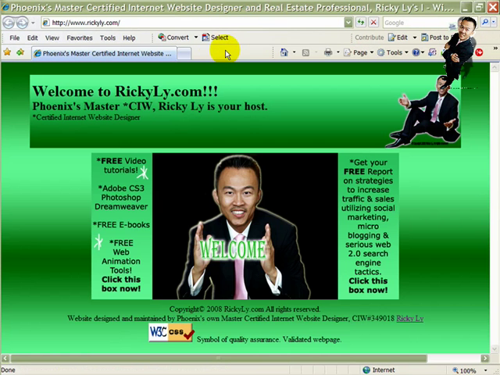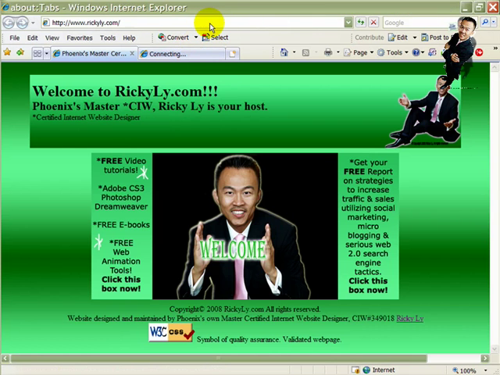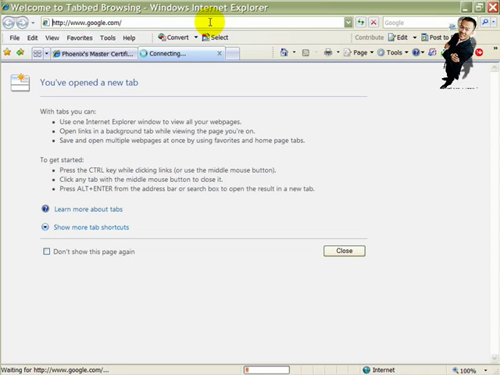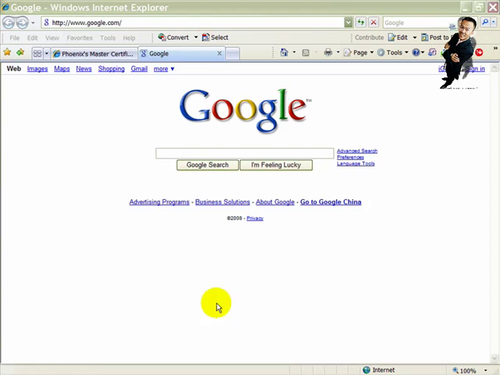Okay, we are able to connect to the internet. Let me try Google to test it. Okay, we see that Google works,